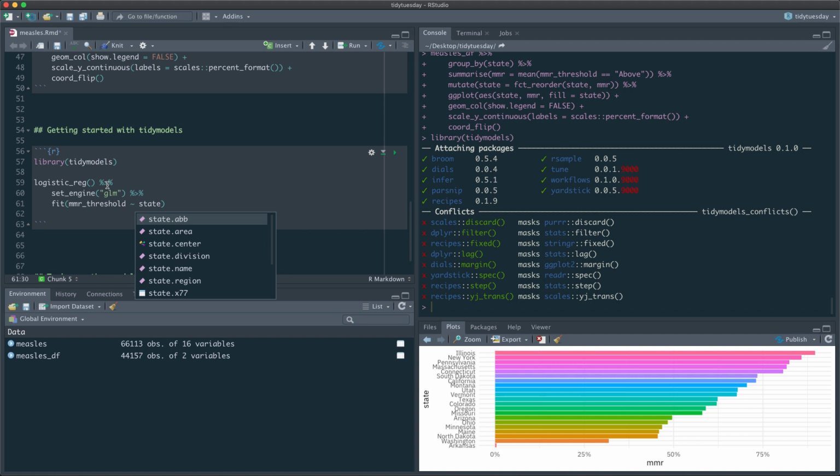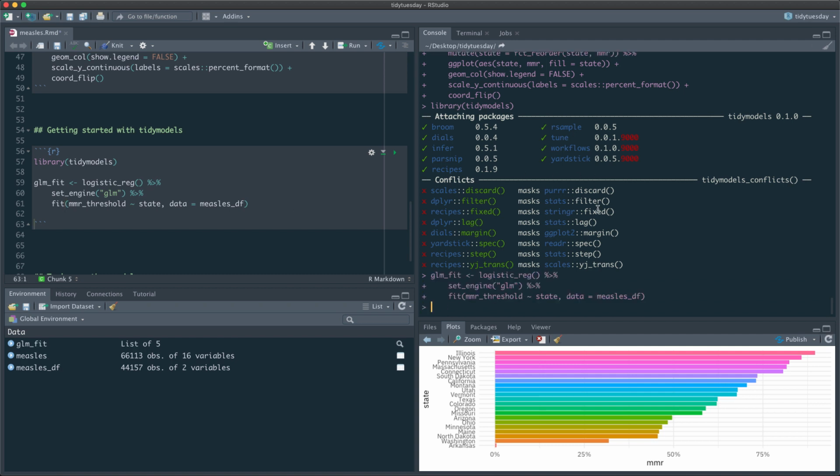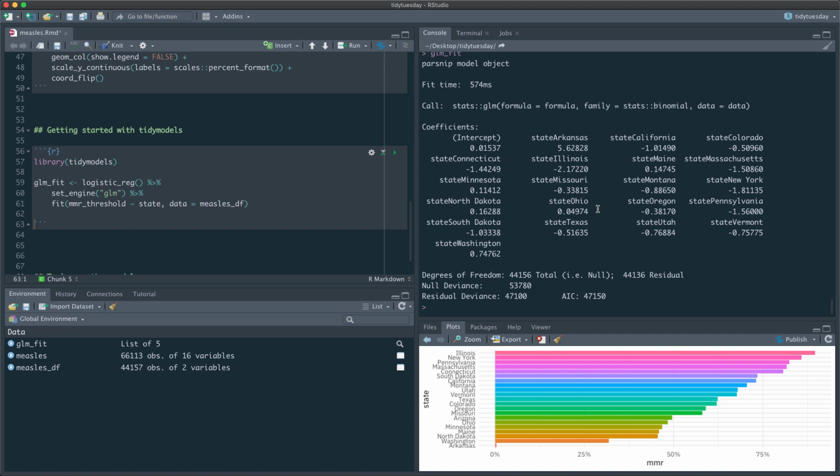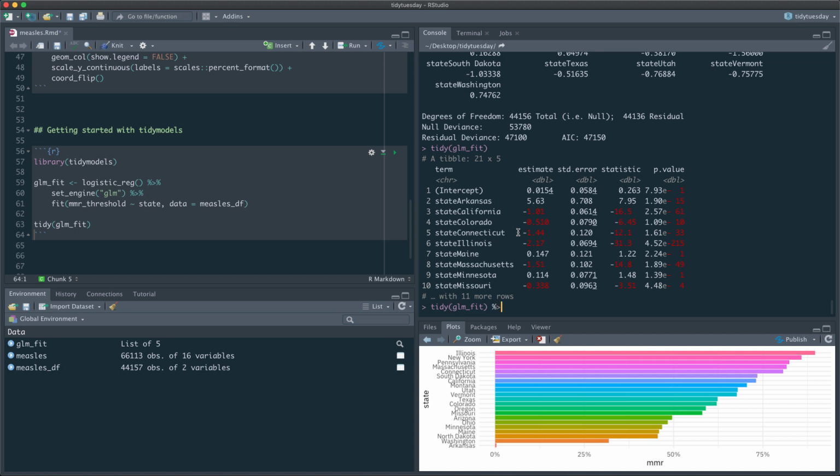We're going to fit MMR threshold explained by state. So this is a very straightforward model, and the data that we're training on is this measles_df. So let's call this glm_fit, and it's going to fit it. And these are the results that we get. This is the print method that tells us what it's doing, and we can tidy the fit to show us these results here,